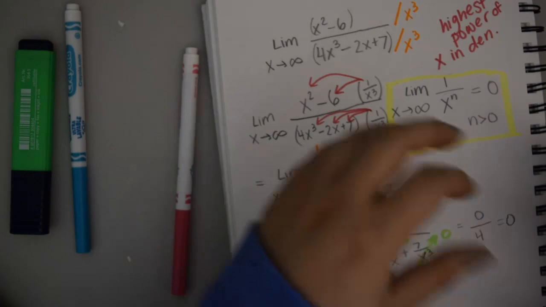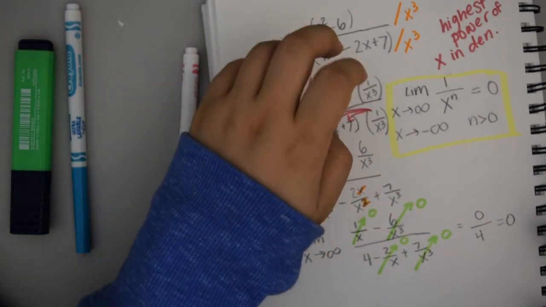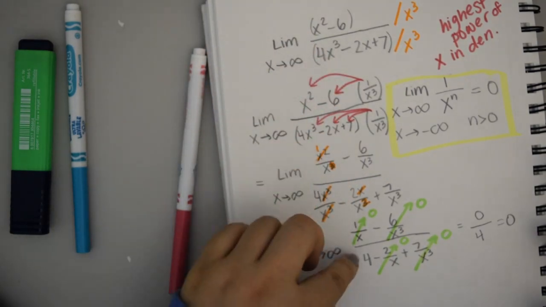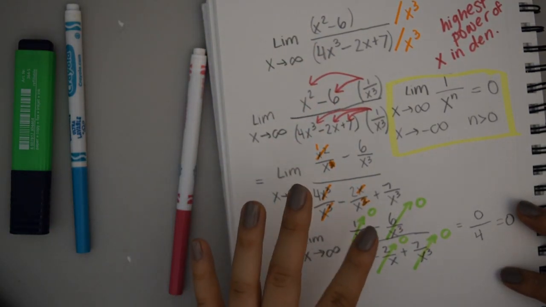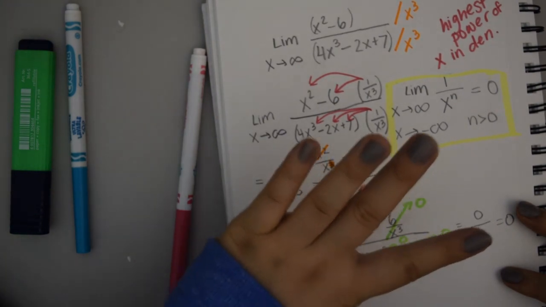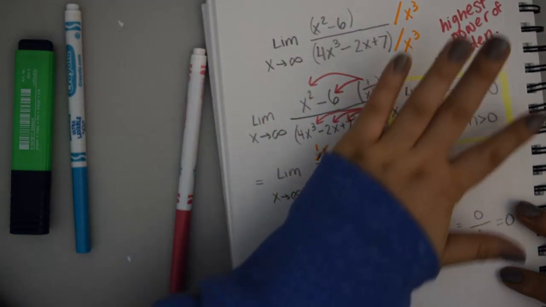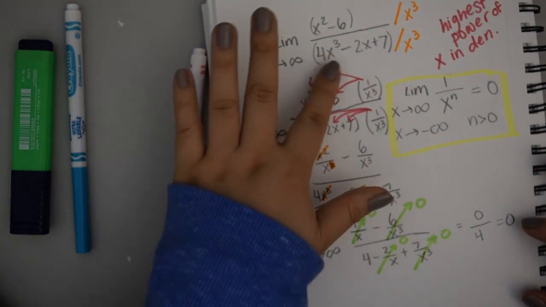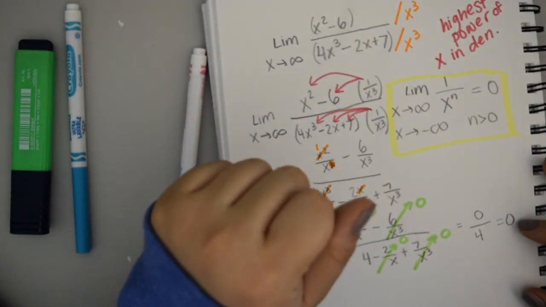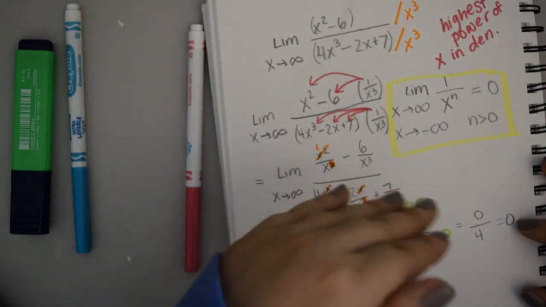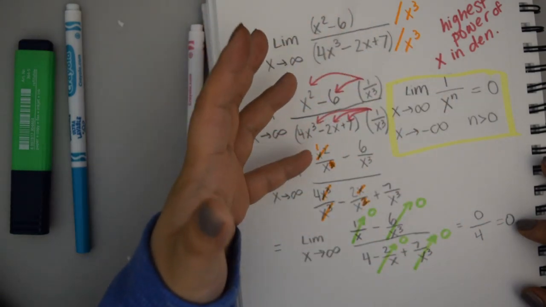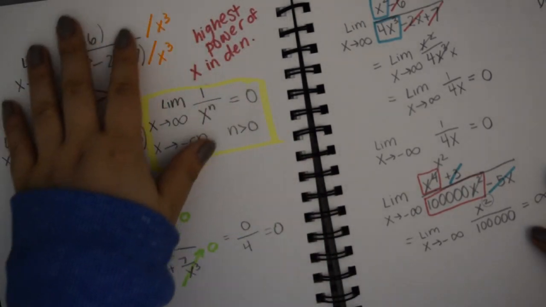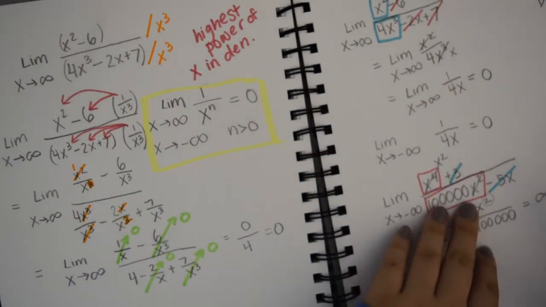Sometimes you'll get 0, sometimes when you normalize it, you'll get some kind of x on the top, sometimes you'll get an actual constant number. But remember, anytime you have a constant over x, or a power of x, it becomes 0. So that's the actual reason. So we're not just canceling out the 6 and canceling out the 7 or canceling out this negative 2x. It's really when we're normalizing relative to this power. So I hope that this helps you with the intuition about this and what we were doing here